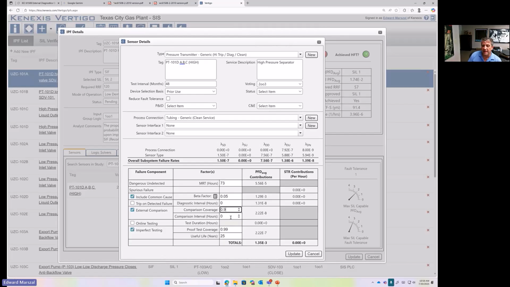Furthermore, we only recommend taking credit for an external comparison if your process moves. So your pressure is going to be varying over the normal state of operations. How much does it need to vary? Well, that depends on what your deviation alarm is. If you're trying to take credit for a 10% deviation alarm, your process variable should regularly, more than once every 20 minutes or so, be varying more than 10%, which doesn't happen very often. If you're doing a 2% or a 5%, then you should be varying more than 2% or 5% respectively